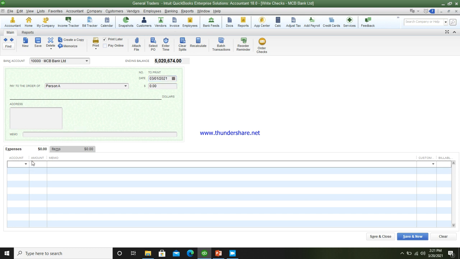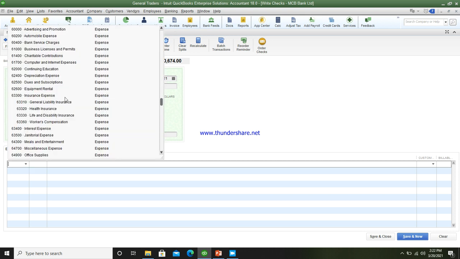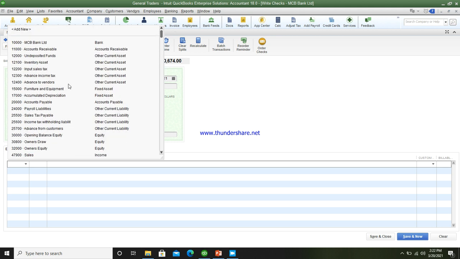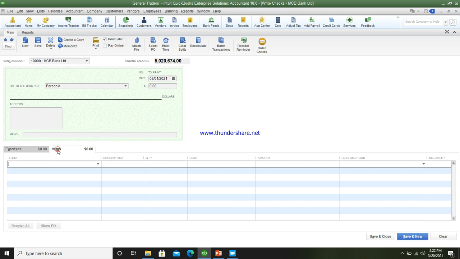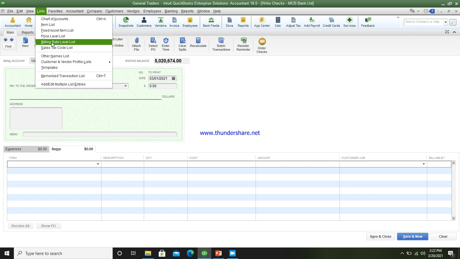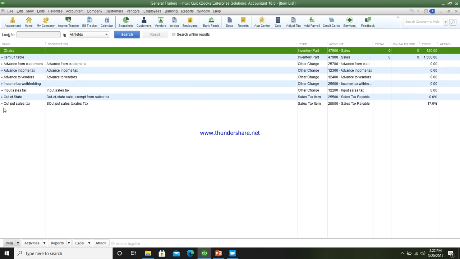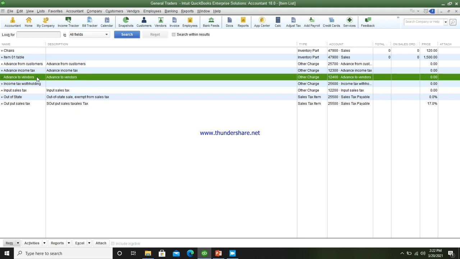Here you can either select the expenses tab and enter the advance to supplier account there, or you can make the advance payment by means of the item tab. Check the item list. I have already opened the item of advance to vendors.